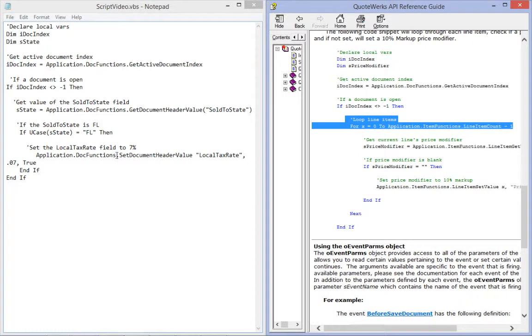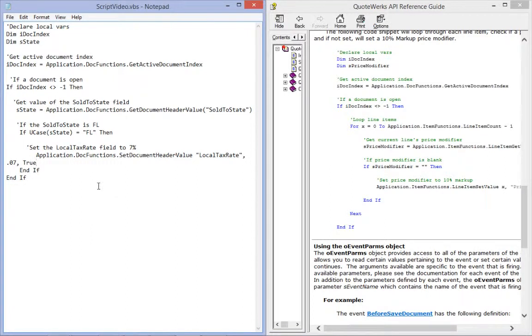Okay. We'll bring this down below here, paste that in and then clean it up. Now if you're using a script editor, it'll do a lot of the formatting for you. In Notepad, obviously, it's not going to do that. So we're going to do a for loop here, and we're going to loop through all of our items. If I can spell here, we're going to go from 0 to the line item count